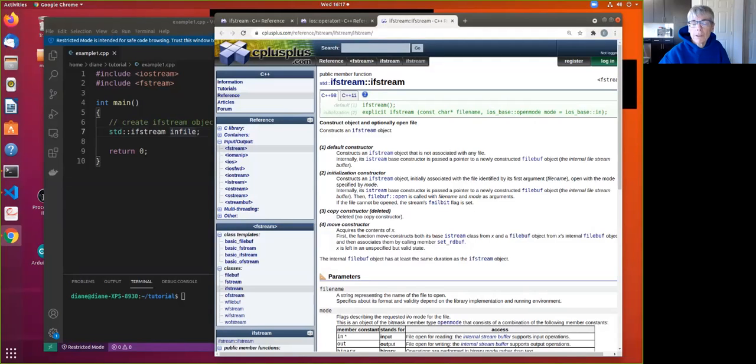Hi, welcome to the start of a series of tutorials on C++ handling files. We're going to start with input file streams, right? How do we read information in from a file? And what we're going to use is the class ifstream, so input file stream, that's defined in the standard namespace